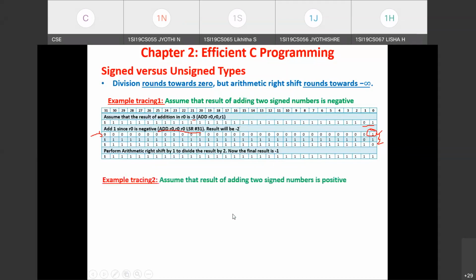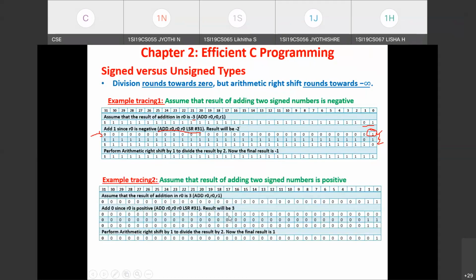If it were a positive result after adding the two signed numbers, assume plus 3 you have got after adding A and B values. In that case, if you perform logical shift right 31 times, you'll get all zeros. That means we are trying to add 0 to the R0 register, which holds plus 3. Plus 3 plus 0 will result in plus 3 itself. This is arithmetic right shifted one time. When you perform ASR one time on plus 3, what is the final result you'll get? It is plus 1.